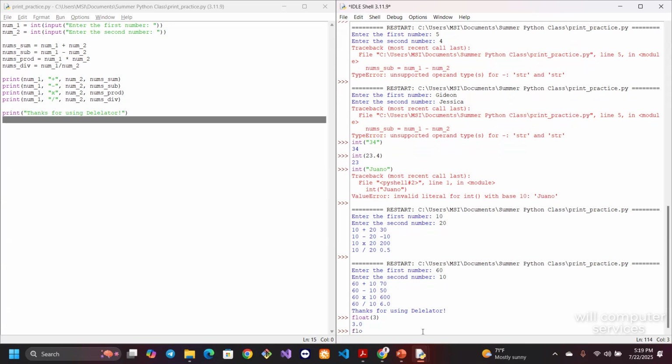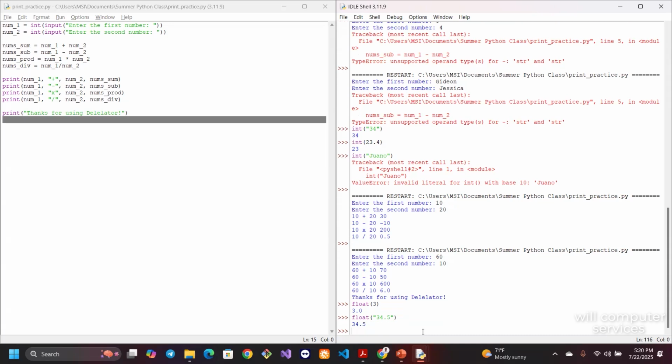If you have a string value that has the tendency of being a decimal number, like 34.5 in quotes, you can convert it to an actual number. So you can have floats, that is 34.5 plus 34.5. Initially, if you do this alone, it's going to give you